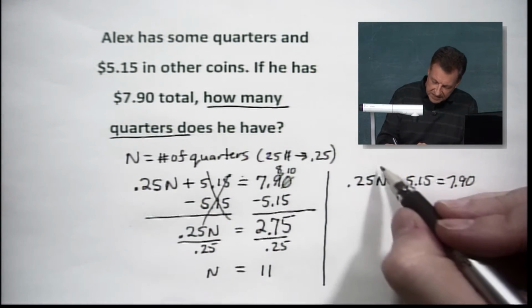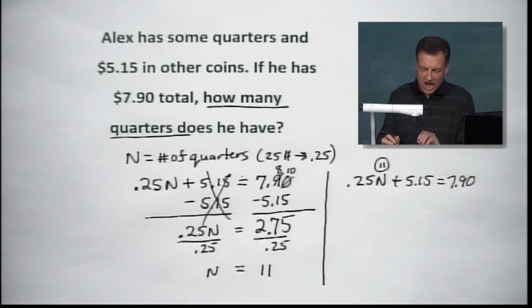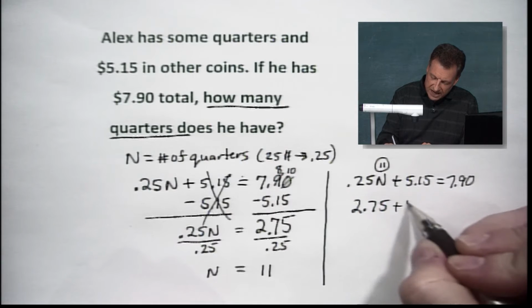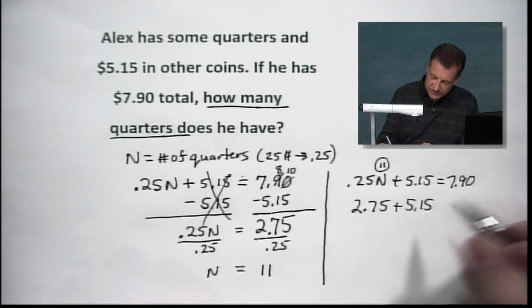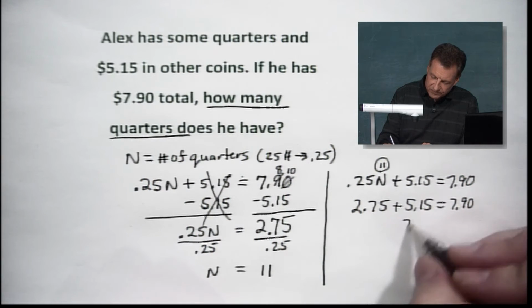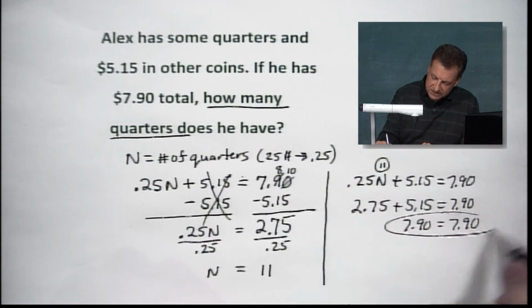We're just going to put the 11 in here and see how good our response is. Does it work? Does it check? And my friends, we already know 11 quarters are $2.75. We add that to the $5.15. Do we get $7.90? Of course we do. And that is just what we want to do, is make sure we do a simple check,